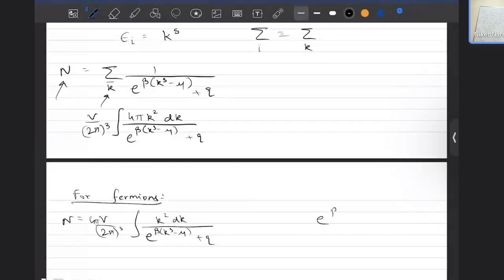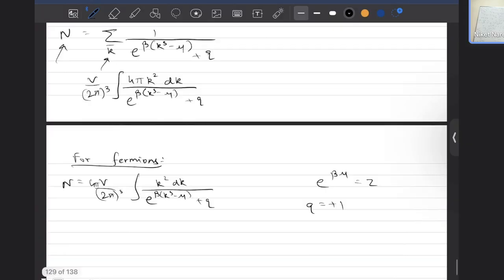E power beta mu is z, the fugacity as usual. q is equal to plus 1 for fermions. And let's take beta k power s as some x. Then k is equal to x by beta, power 1 by s, and dk is equal to 1 by s beta raised to power 1 by s, x power 1 by s minus 1